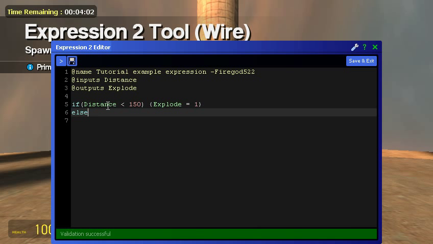We use the curvy bracket again. Explode equals 0. Now basically this is just saying, if distance is less than 150, then explode is going to be 1, or it's going to trigger the explosion. If it's greater than 150, then it's not going to be triggered, it's going to be 0. Okay, that's the way you shouldn't do it really, but the right way and probably easiest way would be